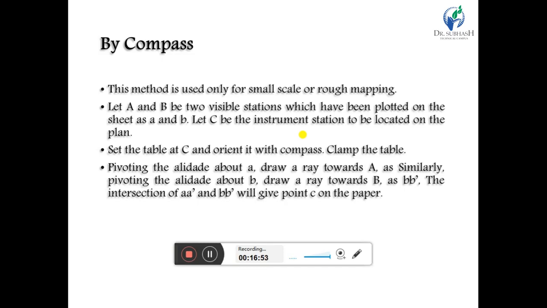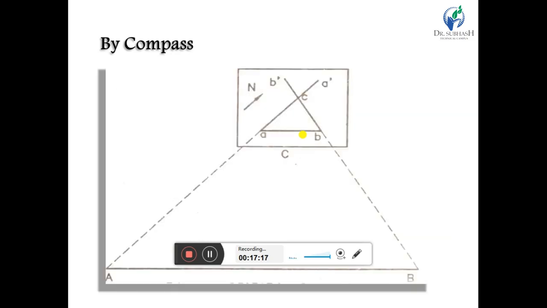The compass shows the magnetic meridian that represents the north and south direction, and we measure the inclination angle with north and south, which gives the accurate angle with respect to the magnetic meridian. So first, we have to set the table at our required station point that is not located on our sheet.